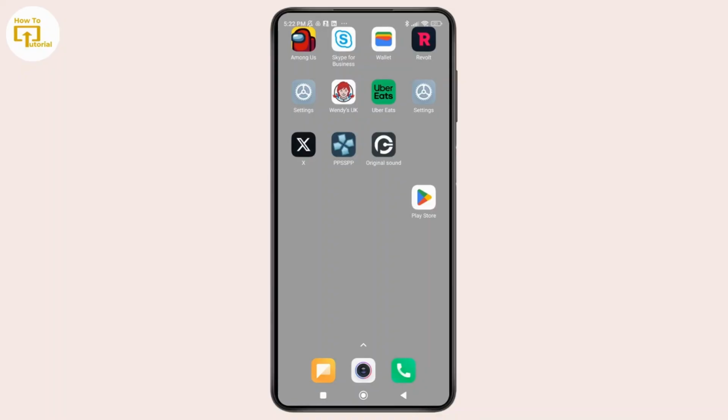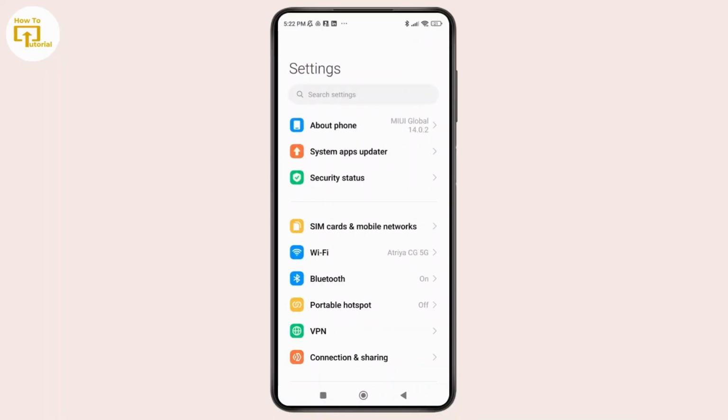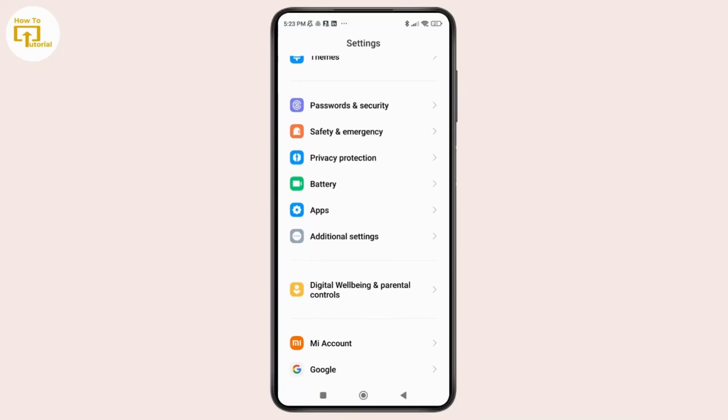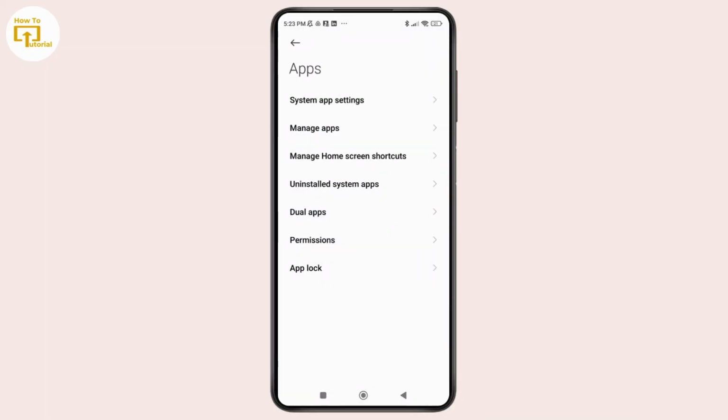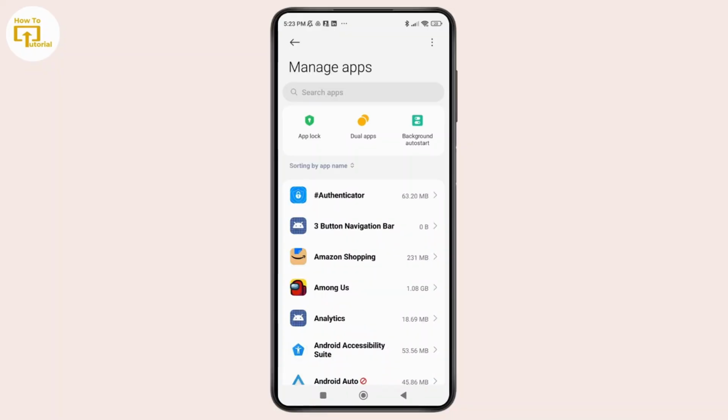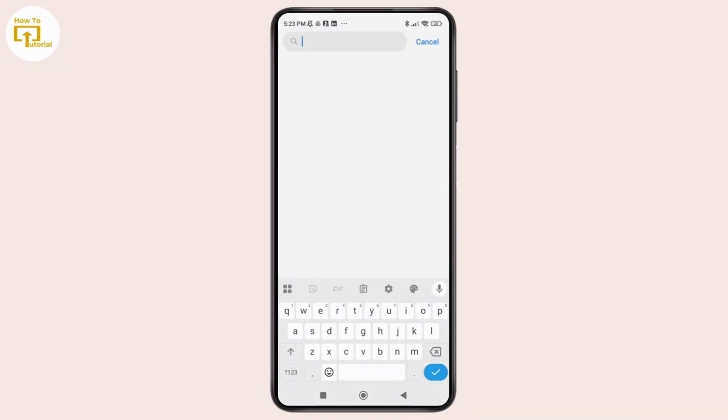So first things first, open the Settings app on your phone. And now here, once you're inside the Settings app, simply scroll down and tap on the option labeled Apps. And here, just tap on Manage apps. And after that, you'll see an interface like this, where you'll see the list of all the apps that are installed on your device. So now here, just tap on the search bar at the top and simply search for Uber